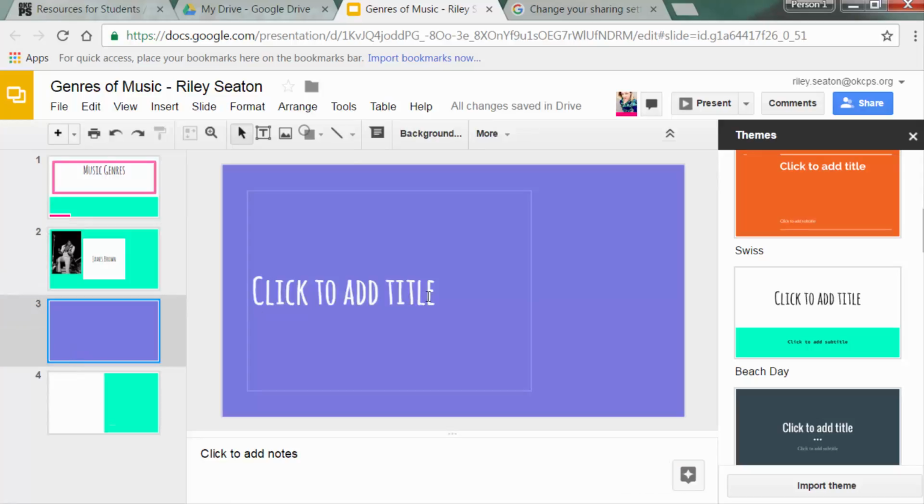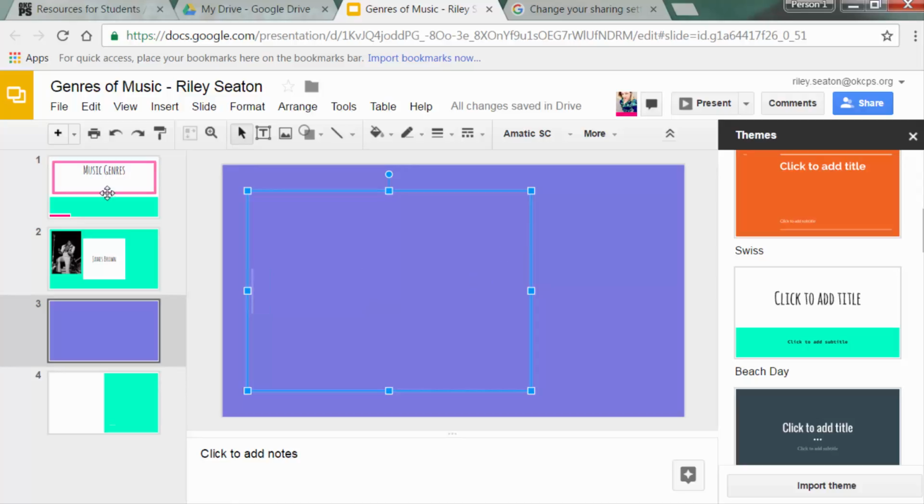On the next slide, I want to make sure that I show you how to enter a hyperlink. And let's say you found a great website that talks about funk music. And so you want to type in the words like funk music. And you're not sure that everybody understands what funk music is, so you want to send them to this website. And in order to do that, I can type in funk music,